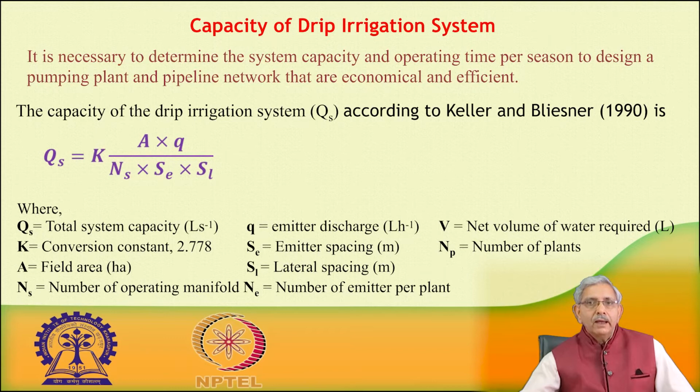According to Keller and Bliesner in 1990, they have given this expression to estimate the capacity of a drip irrigation system. Capacity of a drip irrigation system is nothing but the total quantity of water or discharge to be supplied by the pump. So, it is given by